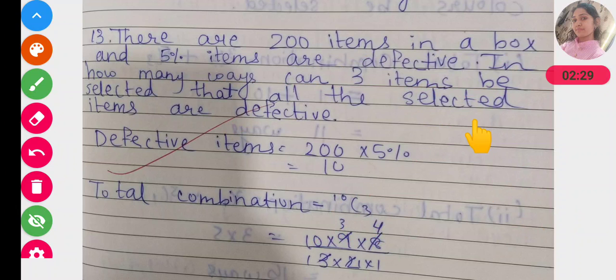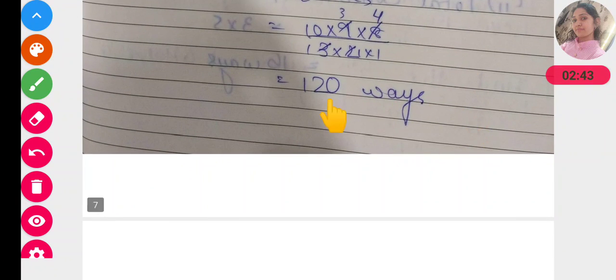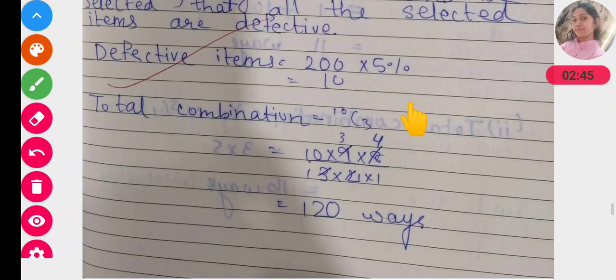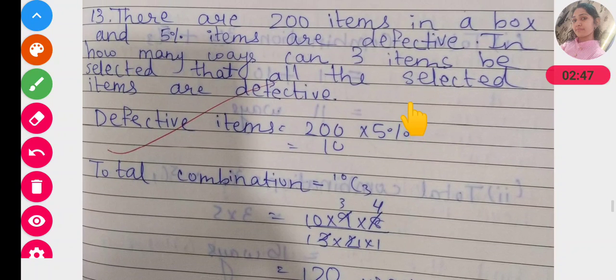So total combination is equal to 10C3. 10C3 means 10 into 9 into 8 upon 3 into 2 into 1. So we will get the final answer, 120 ways.